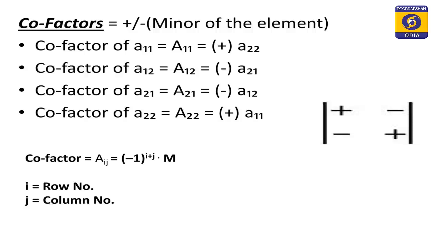So, I have already discussed that if the row number plus column number equals an even number, then the position sign is plus. If the row number plus column number equals an odd number, then the position sign is minus. So, you can either remember this, or the formula minus 1 to the power i plus j, or you can simply remember the diagram that I have put on the screen, right. So, the cofactor of A11 will become plus A22. Cofactor of A12 will be A21, but with the sign change, that is minus, right. Similarly, the cofactor of A21 will be minus A12. Cofactor of A22 will be plus A11, right.